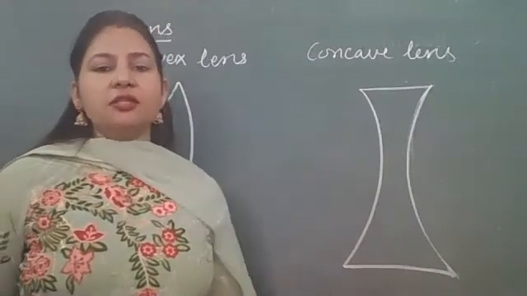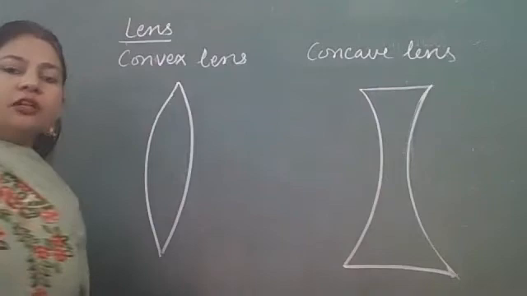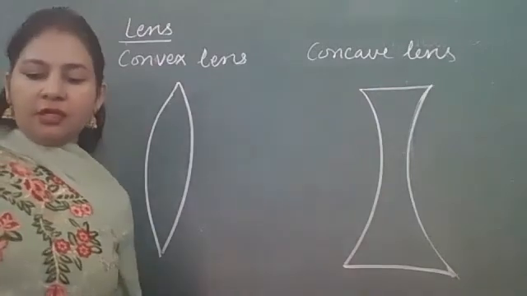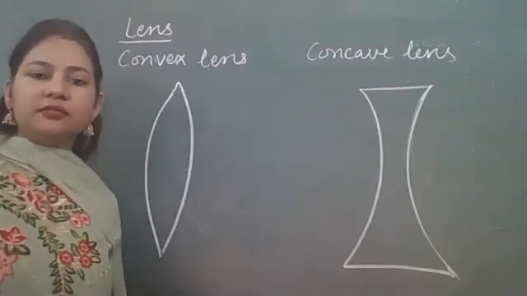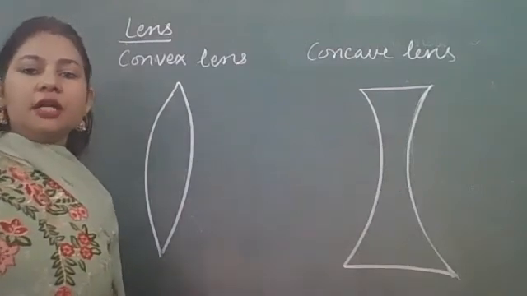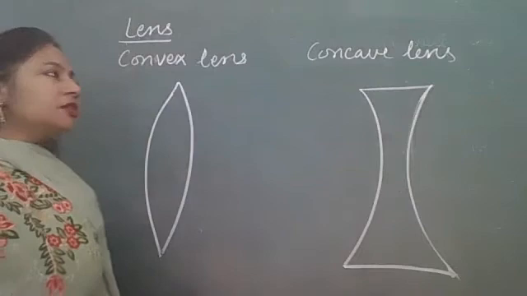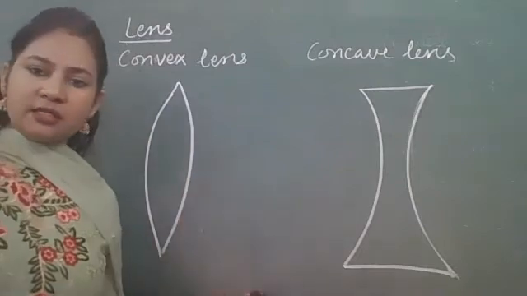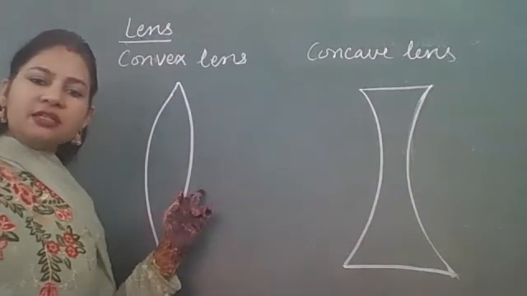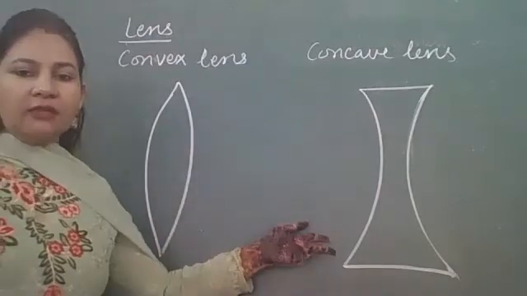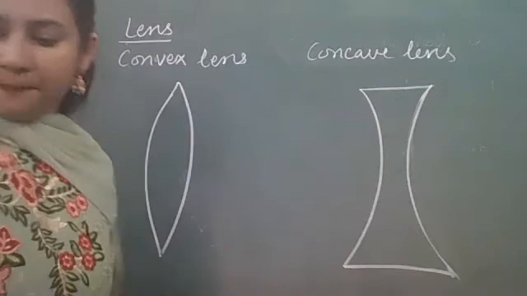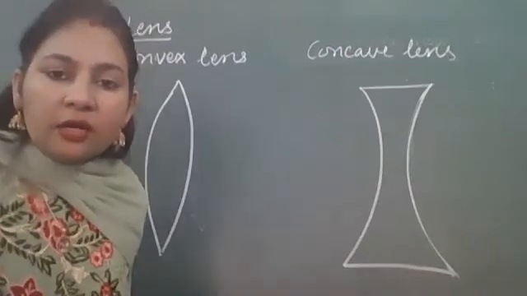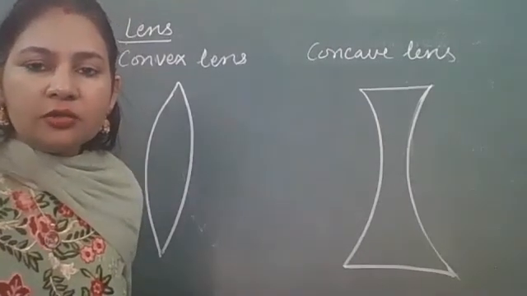Write the definitions. Then we will do the terminology. Same way we did for mirrors, same way we will be doing it for lenses. We will be defining different terms related to the lenses. So first of all, definition of lens is clear. What is a convex lens is clear. What is a concave lens? Is that clear to you? Any doubt you can come up. कोई doubt है तो पूछ लो पहले. Then we will do different terms.